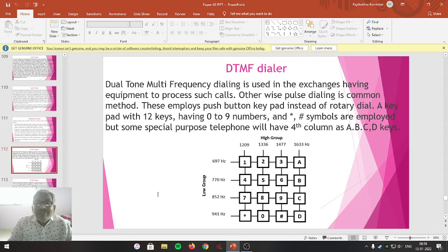Nowadays, along with this keypad, on every key some letters, alphanumeric alphabets are also existing. Especially on the second key, it can be used for ABC, the third key is used for DEF, the fourth is used for GHI, the fifth is used for JKL, the sixth is used for